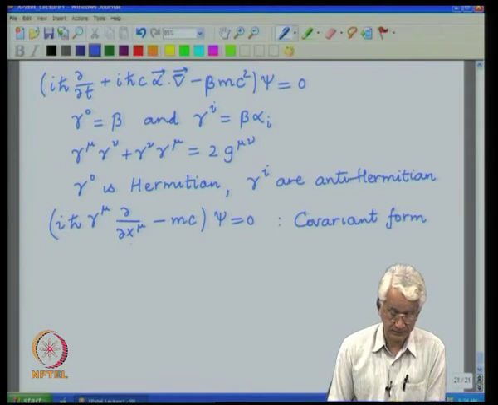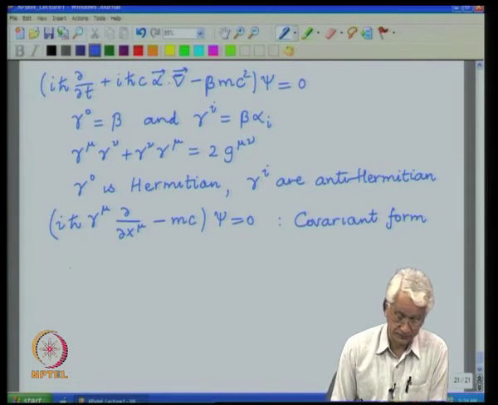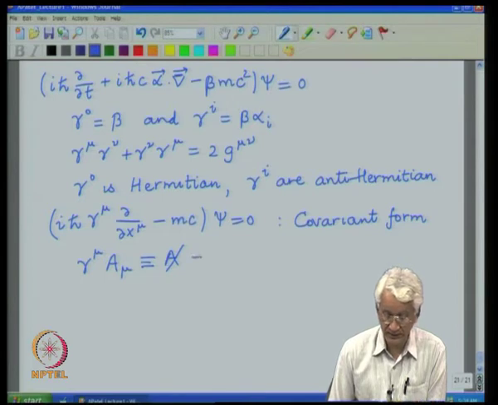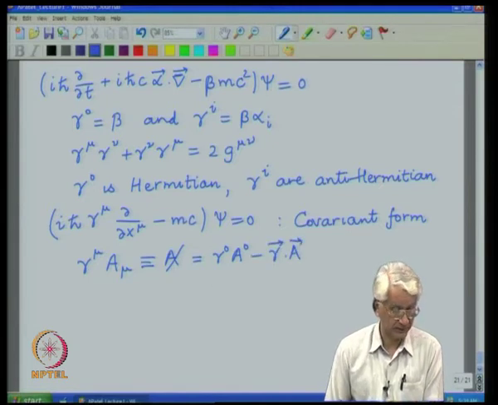Often this convention is simplified to a simpler notation, and that is another notation introduced by Feynman, which for any 4 vector A mu, when it is contracted with gamma mu, we represent it by a slash, and which in explicit form will be written as the space minus the time products, negative sign coming from the Minkowski metric.